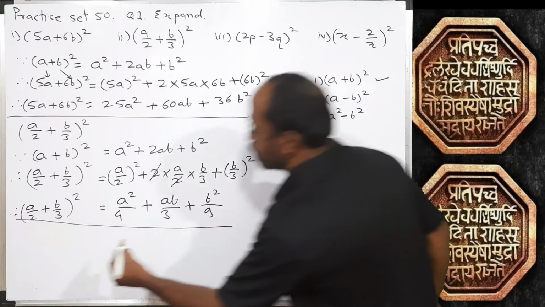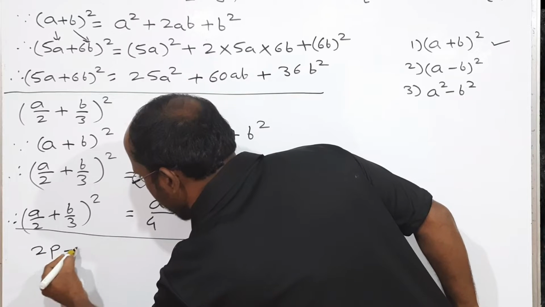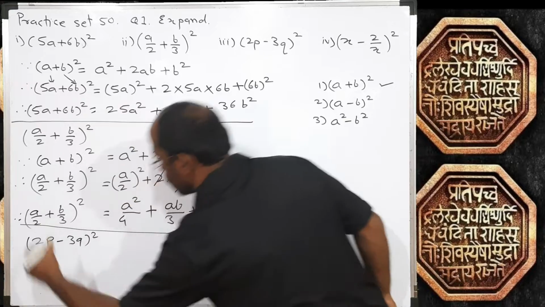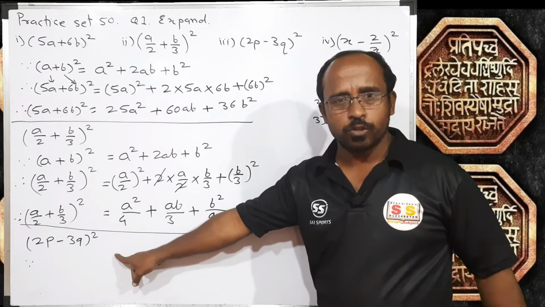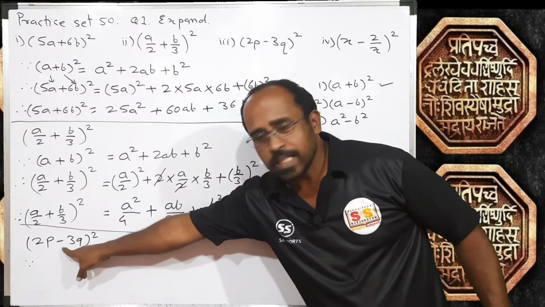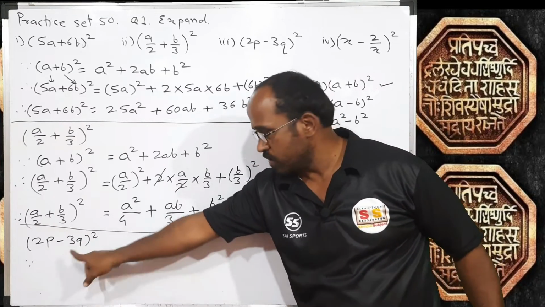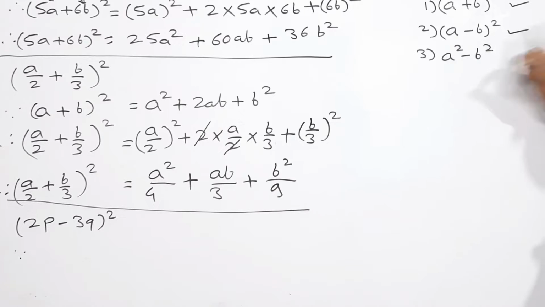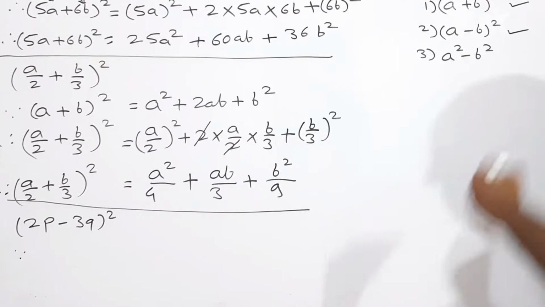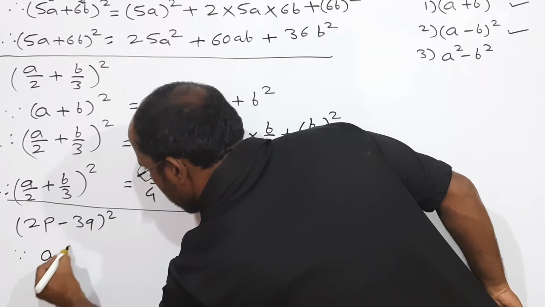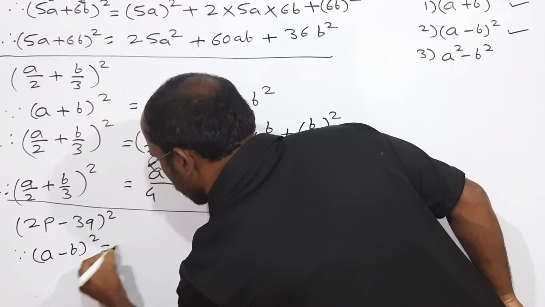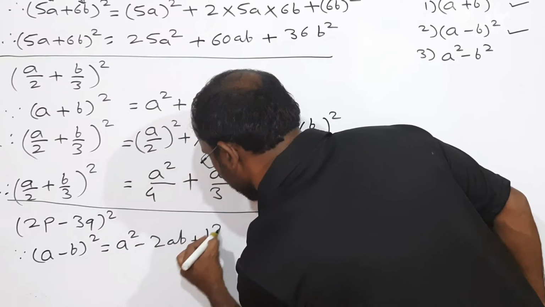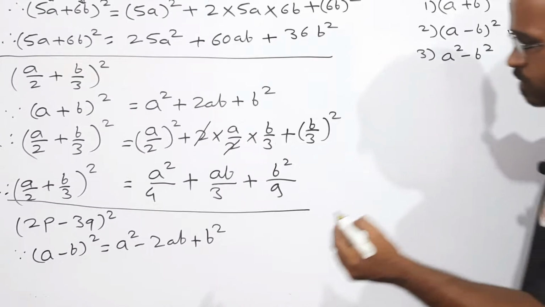Third example is 2p minus 3q bracket square. Students, which formula can we use here? Here in the bracket a negative symbol is there, means subtraction is there. So we can use the second formula, a minus b square, right? So let's write the formula. a minus b bracket square is equal to a square minus 2ab plus b square, this is the formula, then